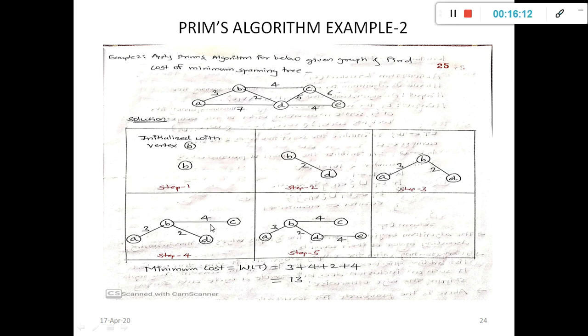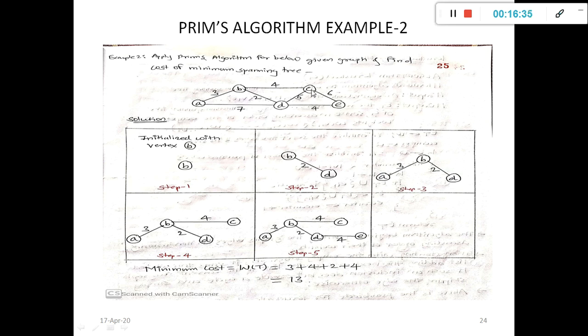Next check from the remaining vertices which are directly connected to the subtree, and your subtree includes A, B and D with the distances 3 and 2.